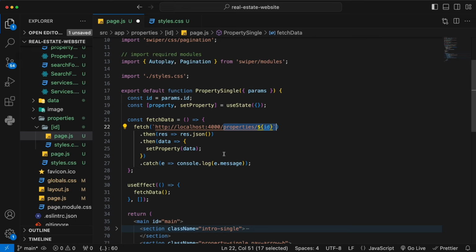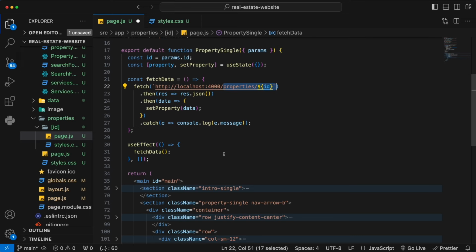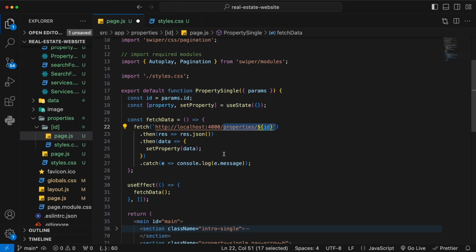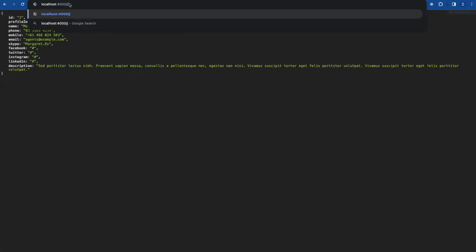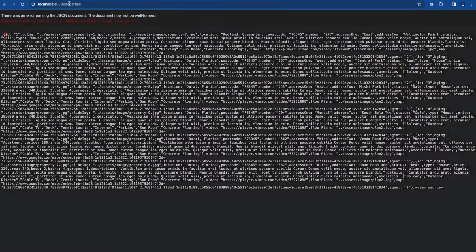We want to present the agent data here, but we do not have the agent data. We have to do another fetching. All right. Instead of fetching one time, we have to do a second time fetching. And also, you think about it, how do we know which agent sells this property? If you're going back to your property routes on your localhost 4000,